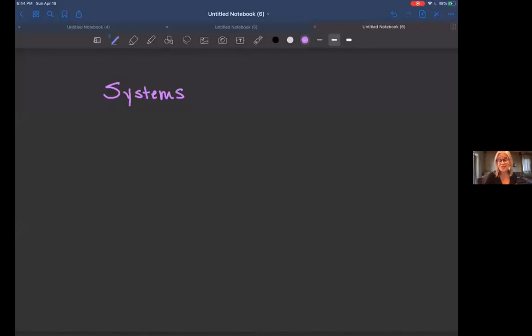This week, we are going to be talking about ecosystems and biomes. And so I'm going to review the concept of a system. When we talk about systems, remember that we are talking about things that have storages and flows. So a good example of a system that we've already talked about is the hydrological cycle, so that water can